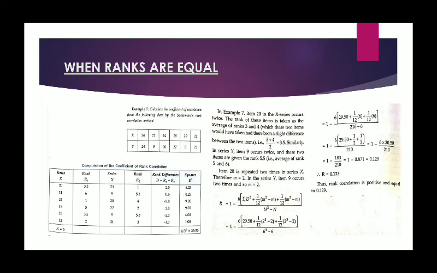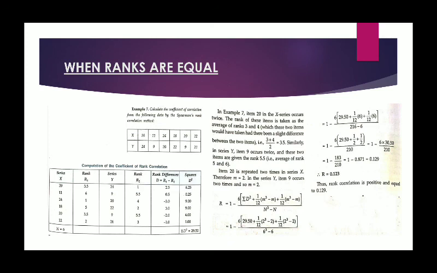So third rank and fourth rank will be divided between the two, and fifth rank will be 18. 6 is 11. In that way, all 6 will be ranked. Similarly, in case of Y also, you will get 24 as the first rank, 22 as the second, 21 as the third, 20 as fourth, and then fifth and sixth is 5.5. Both are 9. Then you will calculate the difference and the square of the difference.